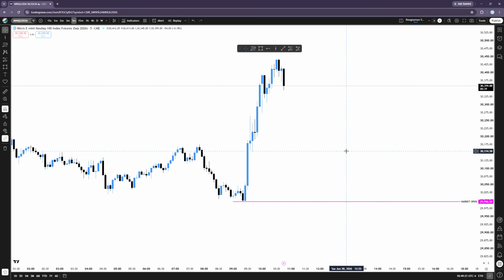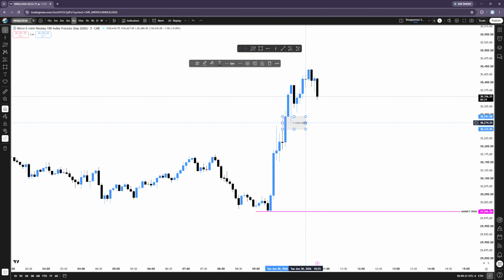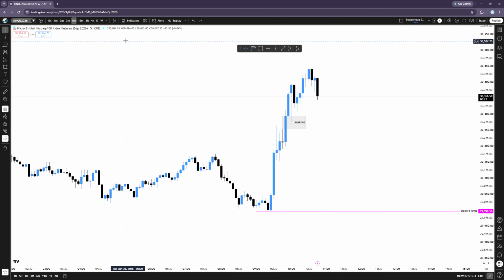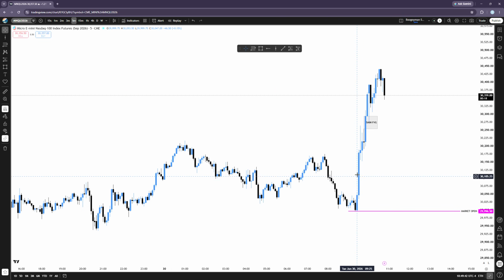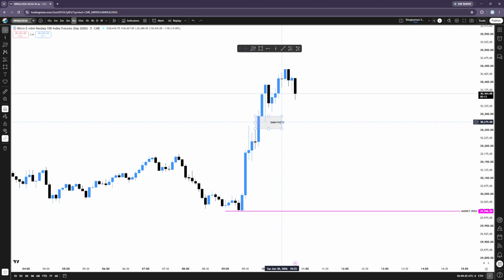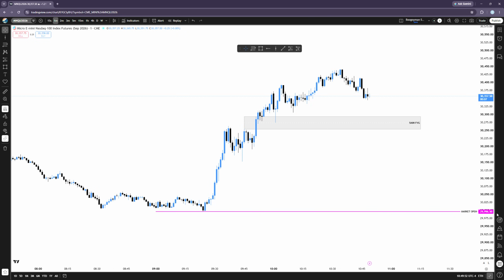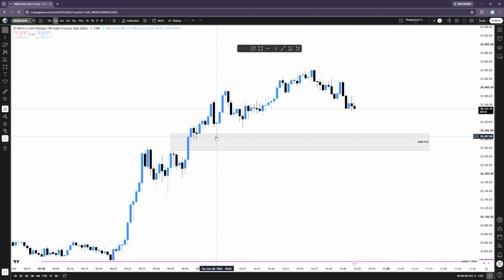To be honest with you, it kind of gave very little in the 5 minute. We didn't get a good retracement, but we created this 5 minute fair value gap right here. And it clearly shifted from bearish price action to bullish price action. We hit the consequent encroachment of a 5 minute fair value gap in the 10 a.m. 5 minute candle. I can't say exactly because I don't know what time it was on the 1 minute. Oh, 10:01 hits the consequent encroachment of the 5 minute candle,